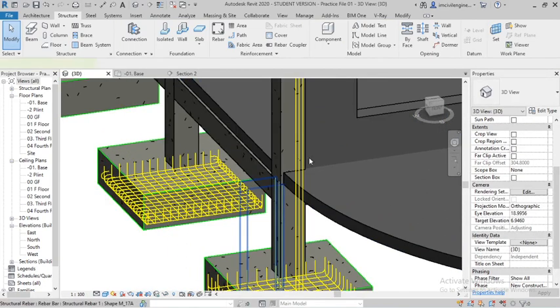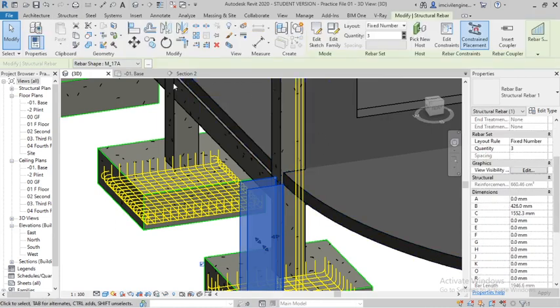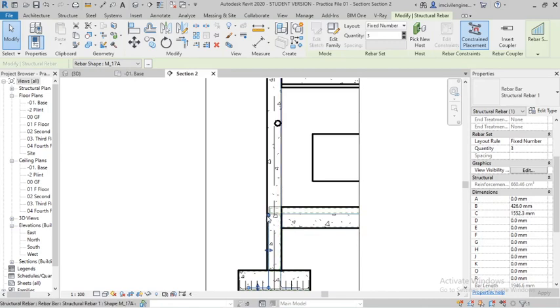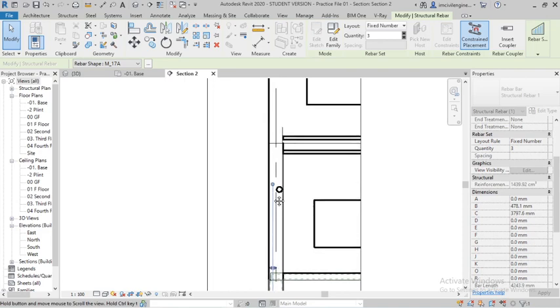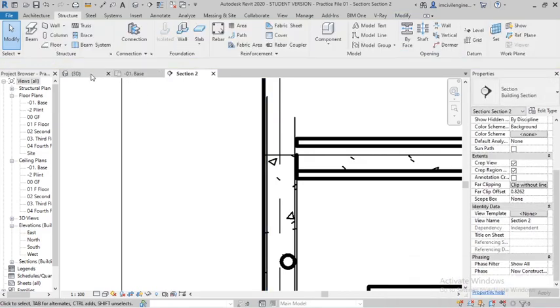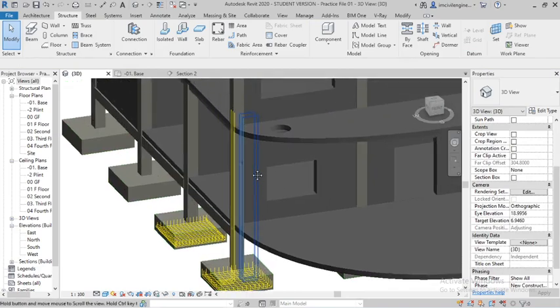So select this one. Go to section. You can see in 3D how it looks.